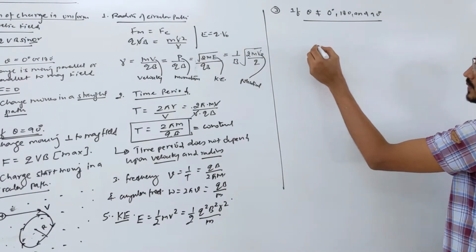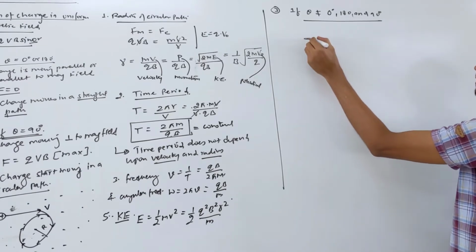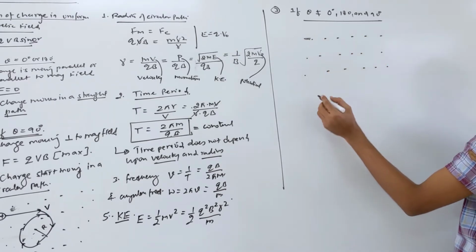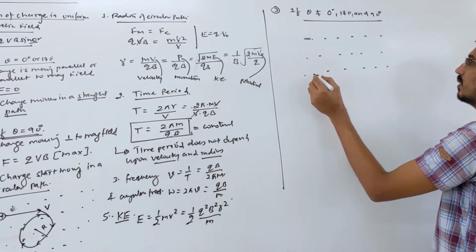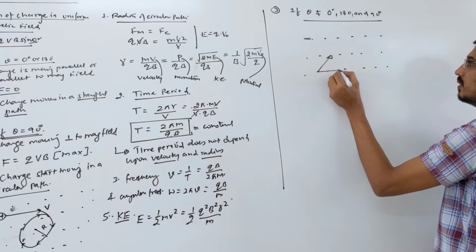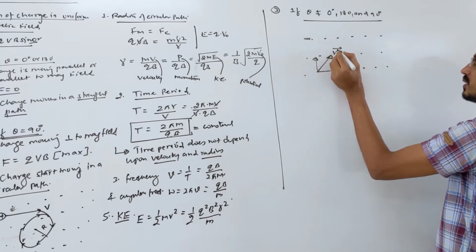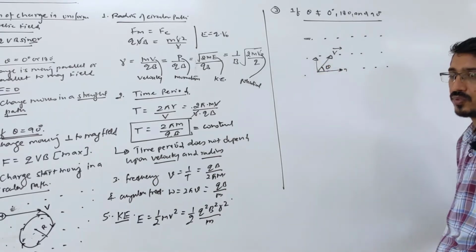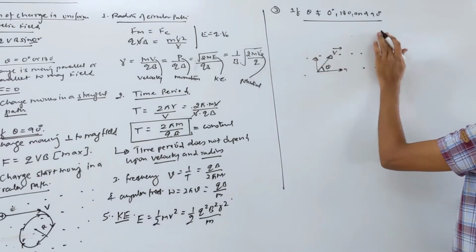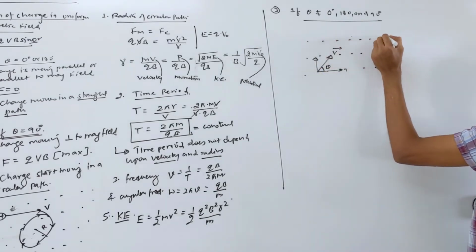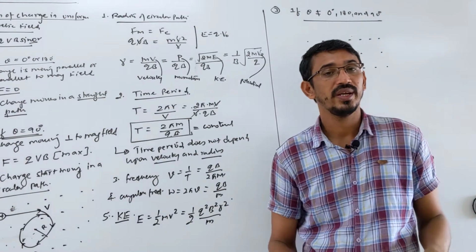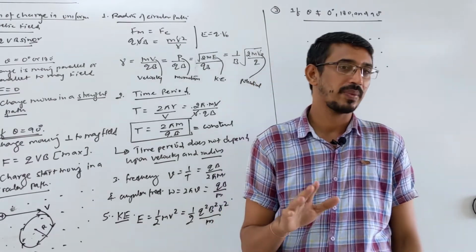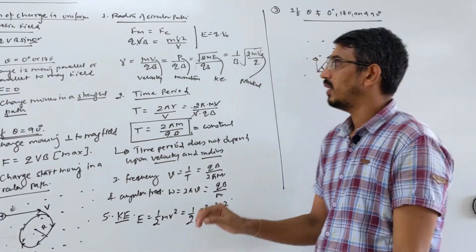Suppose I say this is your magnetic field, and some charge is moving here right now. So this is some charge entering like this. This is the velocity of the charge. So this angle theta is with what? Magnetic field. So what I'm saying, some charge is moving at some angle theta, and theta is not equal to what? 0, 180, and 90, meaning not parallel, anti-parallel, and perpendicular, but at some angle to the magnetic field.